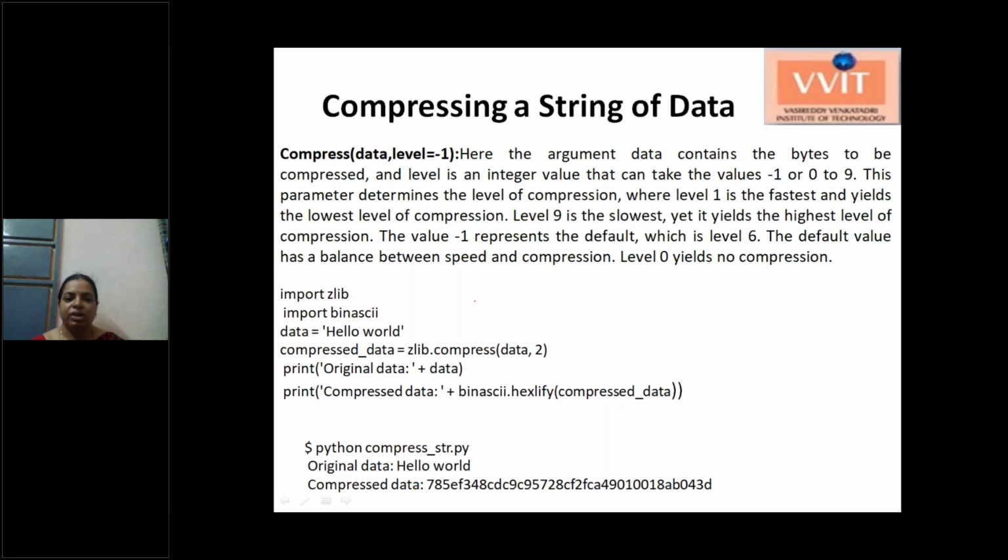Here we are using the zlib library, and another one, the binascii module, which does binary to ASCII conversions. We are taking the data "hello world" as our string to be compressed. Now zlib.compress, we are calling the compress function of zlib and giving our required